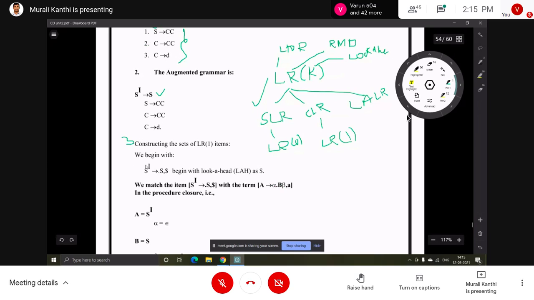Here we begin with the starting production of the augmented grammar. So S' implies .S is taken in finding the closure item. After placing a dot in the right-hand side of a production, that is called an item. Initially, S' implies .S will be taken.